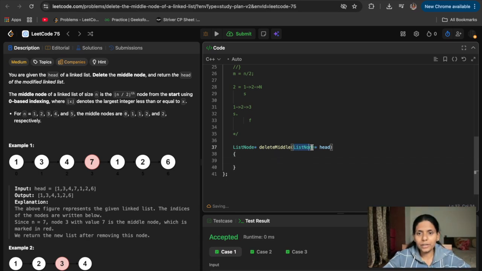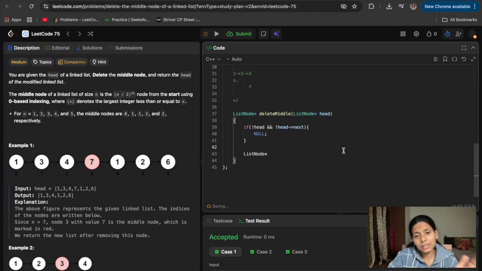Let's see how we can code it. So yeah, let's take a ListNode. Before that we will check if head doesn't exist, or if head's next doesn't exist, then just return null. Because if there is nothing, or if there is just one node, then we will delete that node, and there is nothing left, so we will return null. So ListNode slow, and we have ListNode second, that is the fast one. Okay, and my slow will be at head,